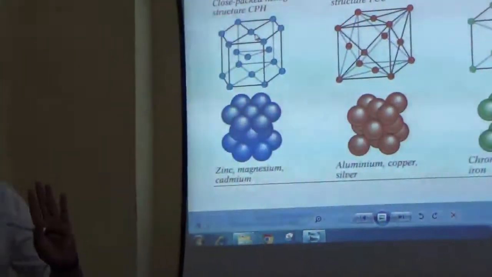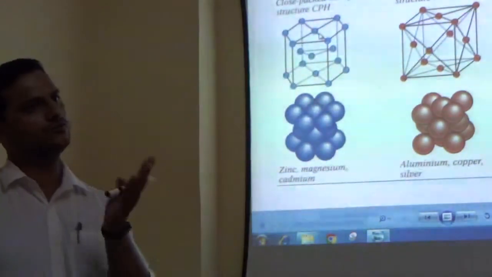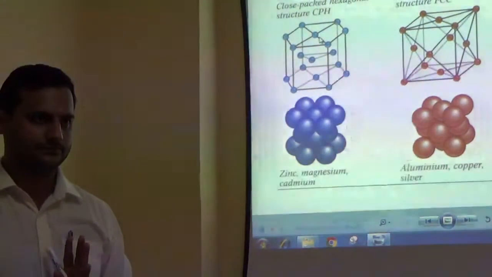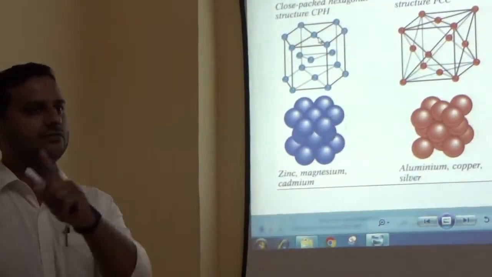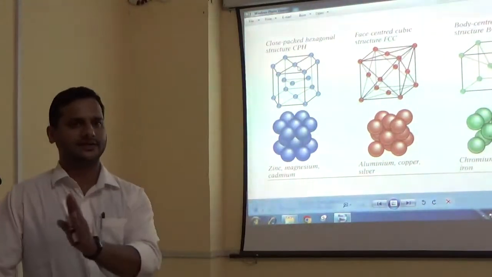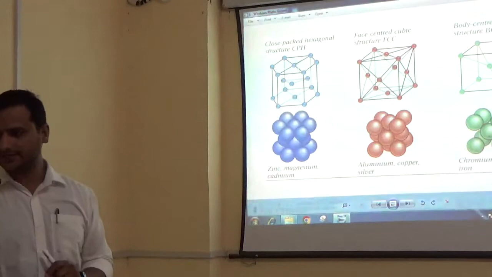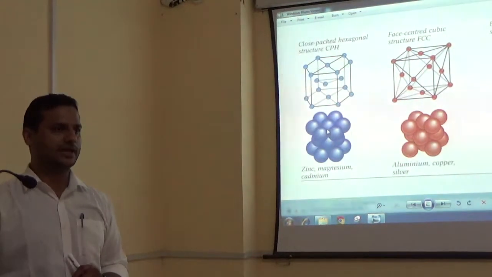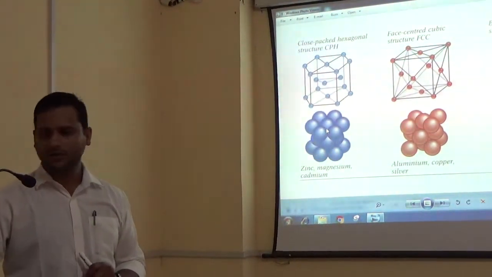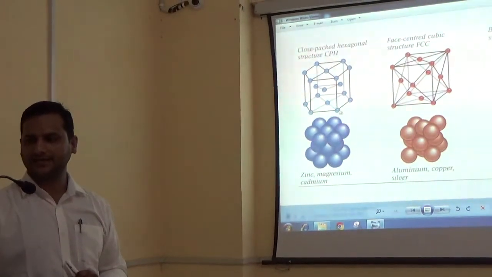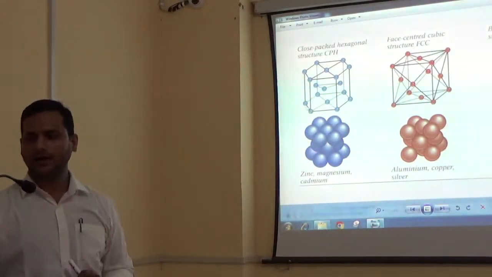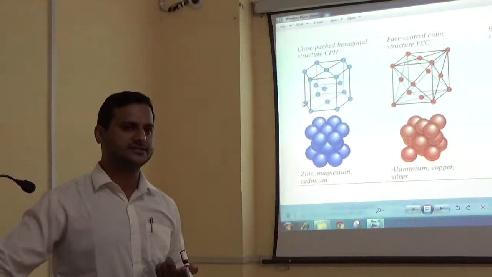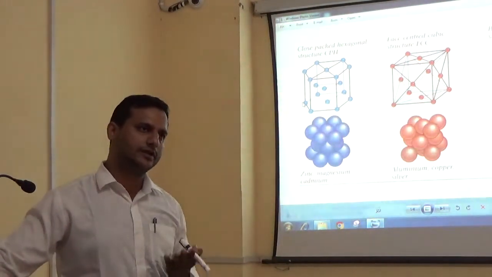For calculating the atomic packing factor, we should know the number of atoms present in one unit cell of the HCP structure. Okay, and we know that each atom is shared by neighboring unit cells. As you can see, these are the atoms, and each atom is shared by different points of the hexagonal unit cell. So these 6 atoms at the corners of the unit cell are also shared by their neighbors. Yes or no? That's why metallic bonding exists.